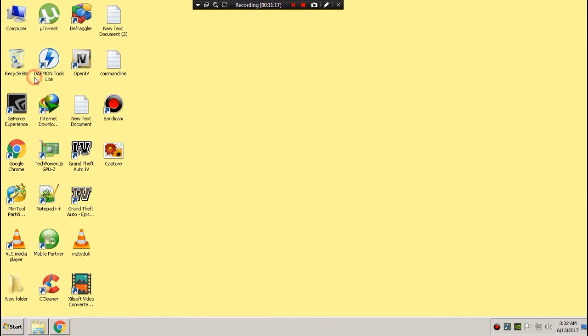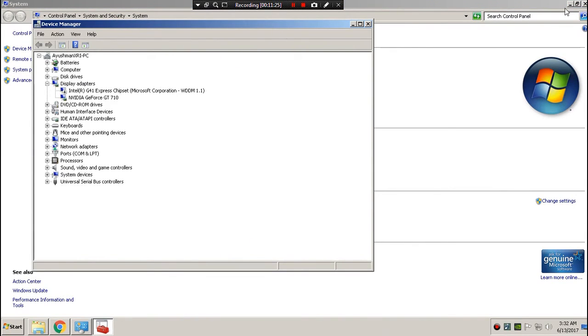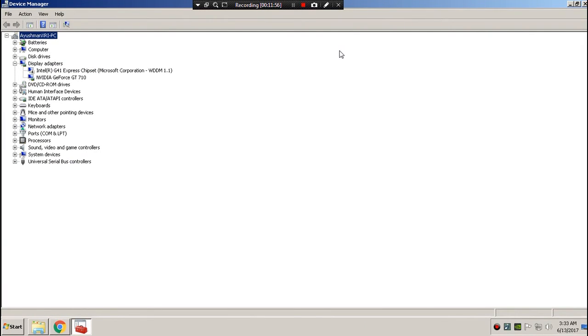Now you have to click on the computer's properties, and now you have to go to device manager, and make sure that you have installed all the drivers of your CPU, of your motherboard. If you didn't do this, you have to just insert your motherboard DVD on your CD drive, and you have to install all the necessary drivers, and yeah, make sure you updated your